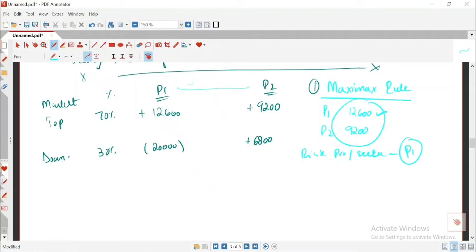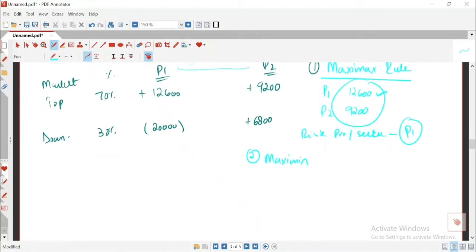Okay, now let's move on to the second rule, that is maximin, जिसमें से हम worst outcomes में से best पकड़ते हैं. maximin वाला क्या कहता है? maximin वाला बोलेगा सबके worst outcomes उठाओ. सो प्रोजेक्ट 1 का वर्स्ट आउटकम, अच्छा इसमें हम लोग प्रोबेबिलिटीज नहीं देखते बिकॉज दीज पीपल डू नॉट कंसीडर द प्रोबेबिलिटीज, सिर्फ एक्सपेक्टेड वैल्यू वाला कंसीडर करता है. सो द वर्स्ट आउटकम फॉर प्रोजेक्ट 1 वुड बी नेगेटिव 20,000, इतना लॉस हो सकता है. एंड द वर्स्ट आउटकम फॉर प्रोजेक्ट 2 इज 6,800 का प्रॉफिट. सो अब इन दोनों में से बेहतर क्या है? दैट वी कैन चूज दिस ऑप्शन बिकॉज दिस इज द बेस्ट अमंग द वर्स्ट. सो अ रिस्क अवर्स पर्सन will choose project 2.